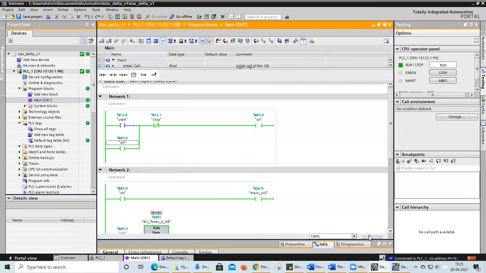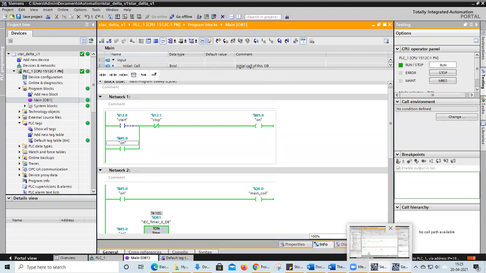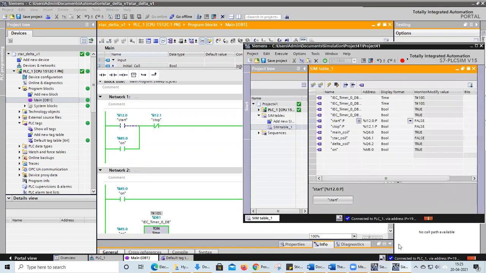Sir, first do we have to compile or first start the simulator? See, this software is very compatible. You can do it either way. First you compile it and download it to your simulator. Afterwards, you turn on your CPU and you run your simulator. If you first run your CPU, no problem. You can turn on your CPU first also, no problem. Either way, you can go. No need to follow a sequence. Okay, up to this part, everyone is okay?